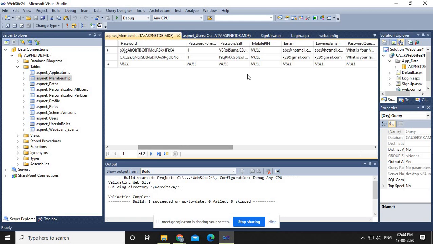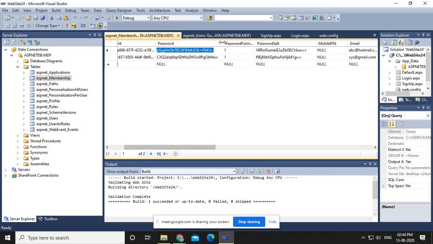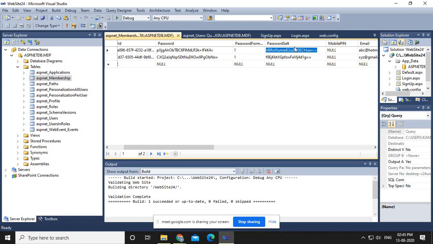Now a few students are just thinking, sir, you told us that you have kept the password as ABC123, but here you are showing something different, right? Obviously the password is ABC123, but it is actually stored in the database in an encrypted manner. And how can we decrypt this? By using this password salt, right? So with this key, this will be decrypted into